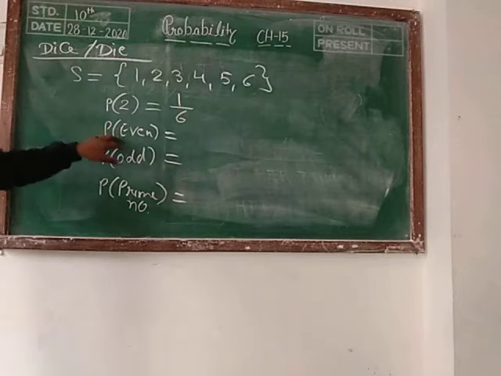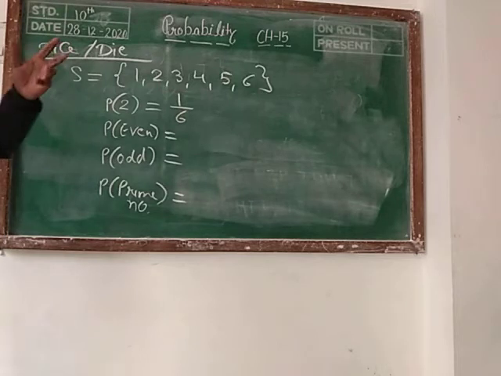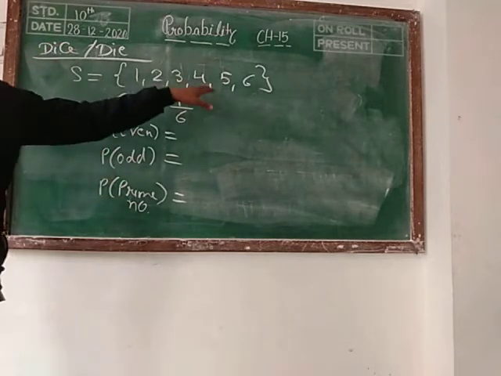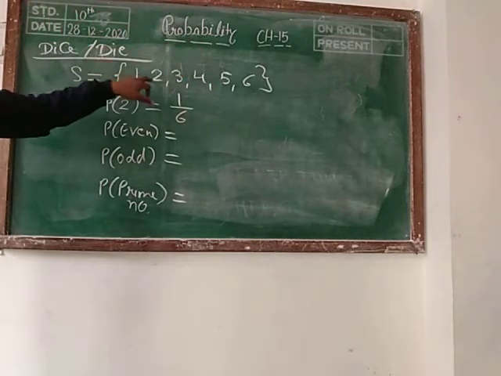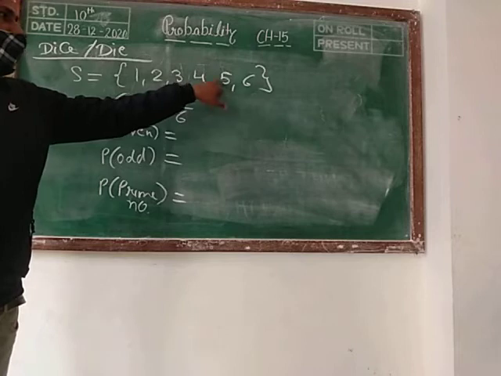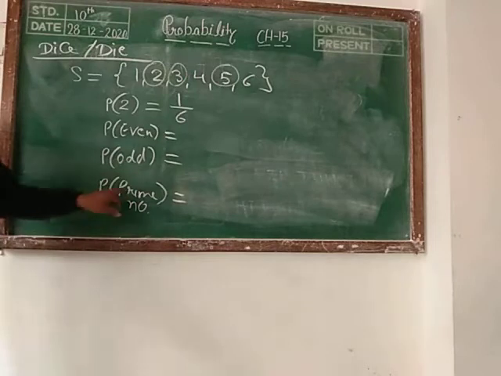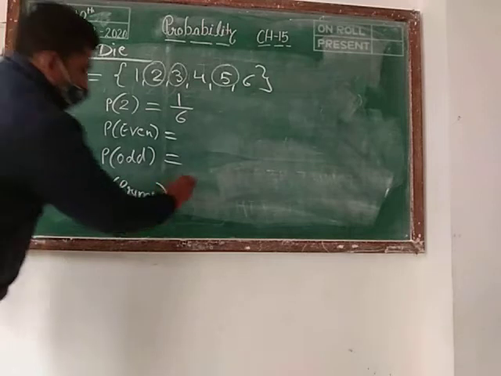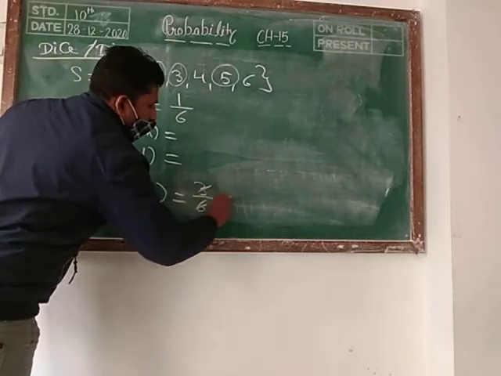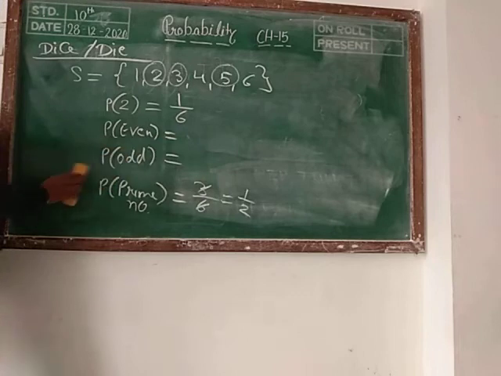Then first of all you have to observe how many numbers are even. Then for this you must have the knowledge of even and odd number. Prime number, which one are the prime numbers? The smallest prime number is 2. Then you should learn this. 2, 3, 5. These 3 are the prime numbers. And if we have to find the probability of getting prime number, then 3 and total number of outcome is 6. Means 3 upon 6, 1 by 2. Then you have written the answers of all these.